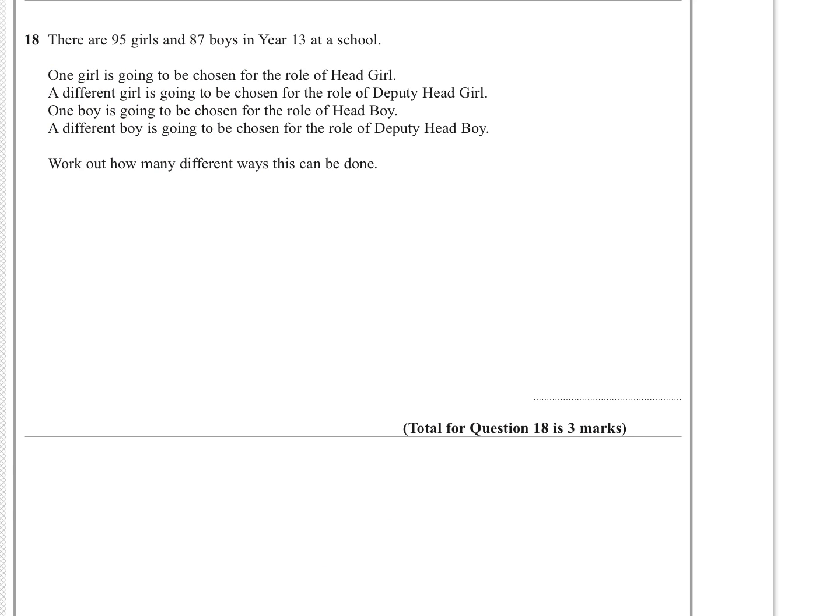Question 18. Quite a difficult question for me. I may have got this one wrong, so I'm not sure exactly how to quantify what I think the answer is, and I welcome people to comment and say if they know a better way of doing it. I think if you have to choose the roles of head girl, so let's say that's HG, and then deputy head girl, and then head boy, and then deputy head boy,